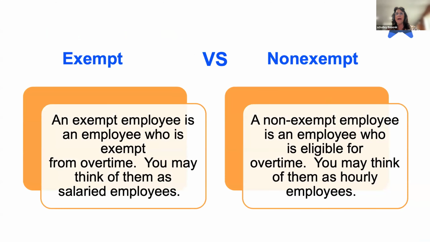Well, the first thing I want to talk about is that we have two different categories of employees. We have an exempt employee who is exempt from overtime. You will think of these as salary employees. And then you have your non-exempt employee, who is an employee who is eligible for overtime pay. And in the state of Texas, overtime pay follows the federal regulations, which is any time worked over 40 hours in a work week receives time and a half. If you are in another state like California or New York, they have different overtime rules, and you have to follow the state rules. But today we're going to just be talking about the federal